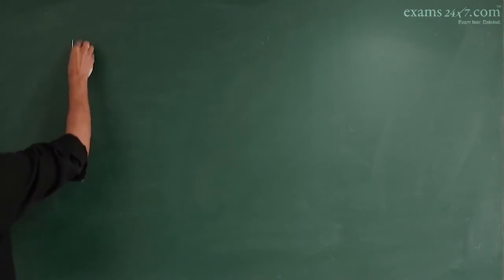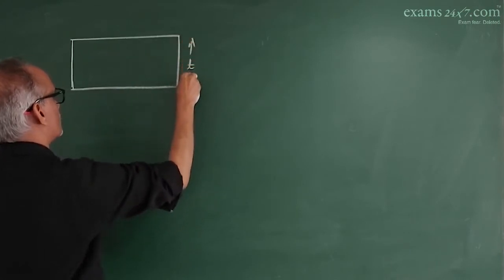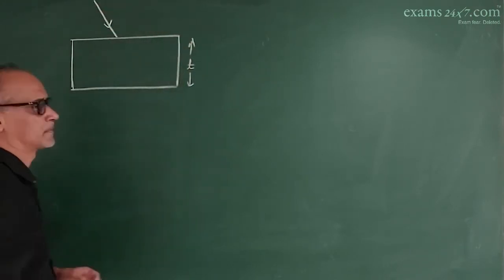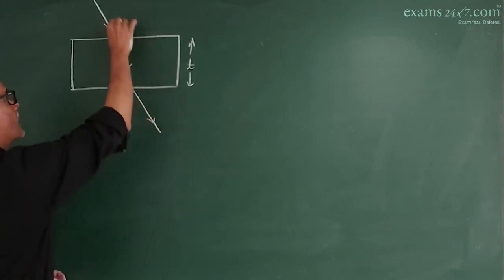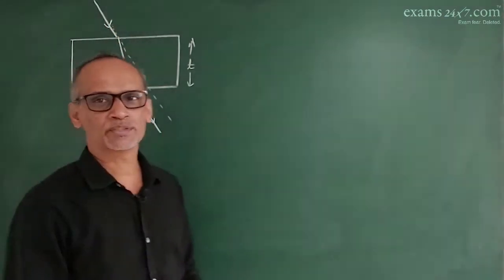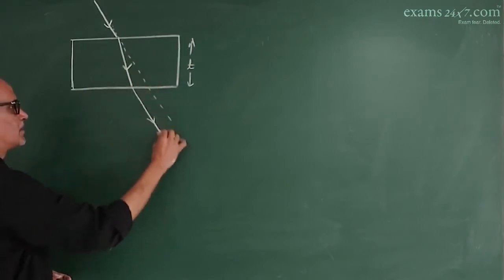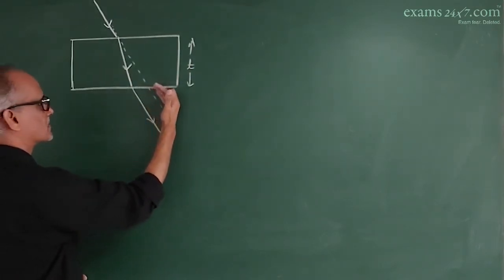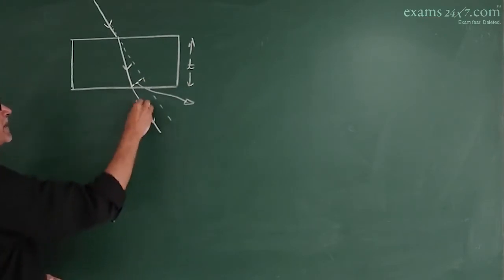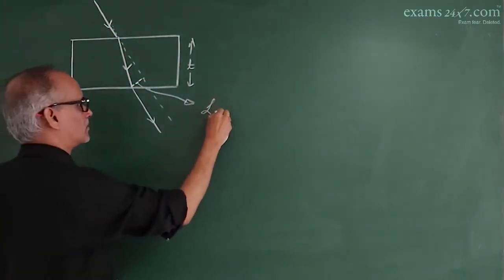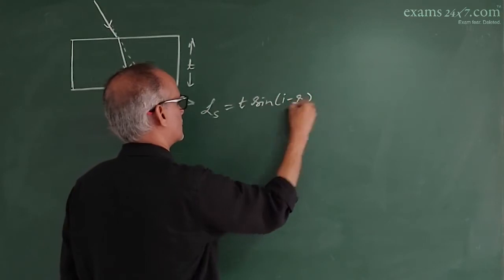So I'm going to consider a parallel-sided glass slab having thickness T, and when a ray is incident, after the refraction, it emerges from the other surface in such a way that the incident ray and emergent ray are parallel to each other, so that the emergent ray shifts sideways laterally through a distance, and this perpendicular distance between the incident ray and emergent ray is called the lateral shift, which is given by Ls equal to T into sin(I minus R) by cos R,